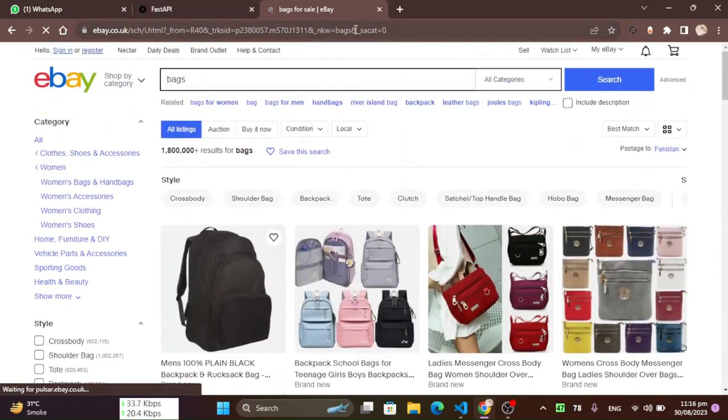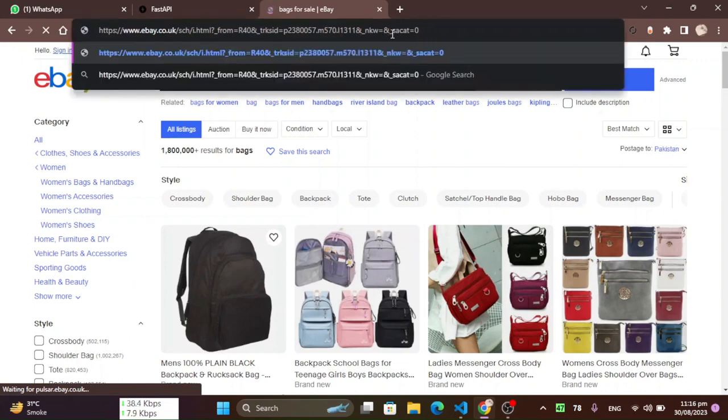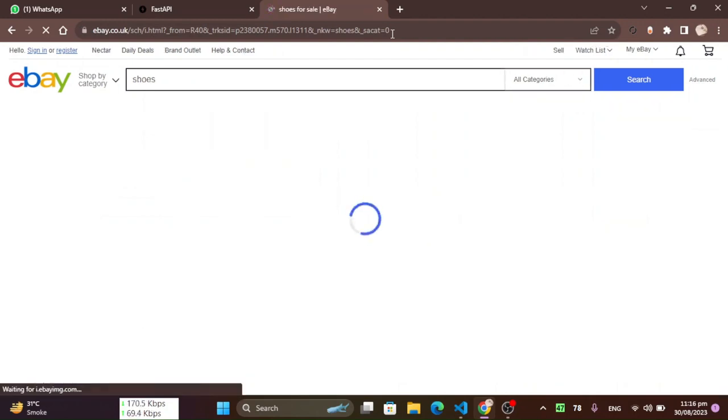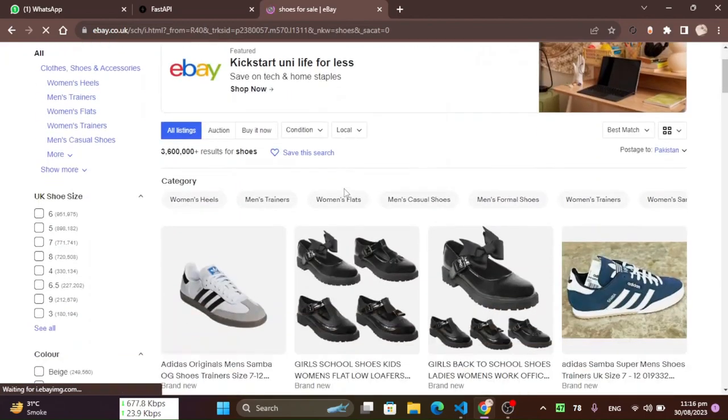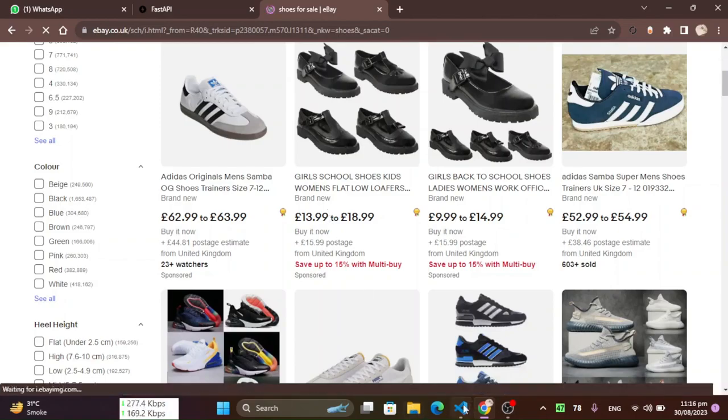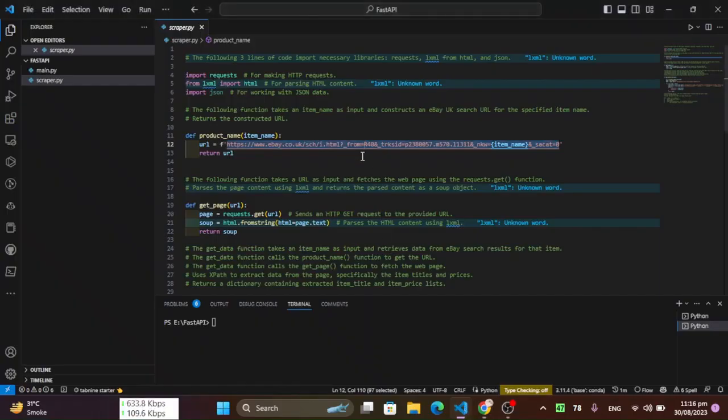Similarly, if we replace bags with shoes, then it will automatically replace the bags with shoes, and we will see the shoes items here. So we can see our main focus is the item name in this URL.